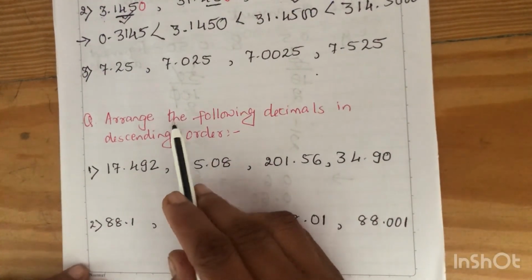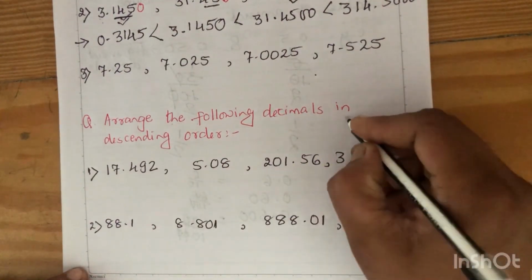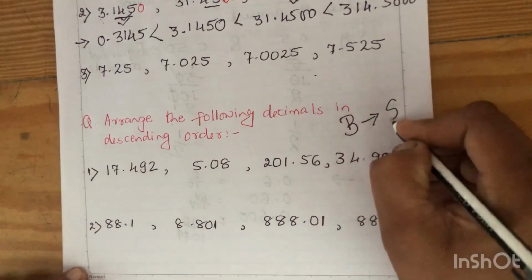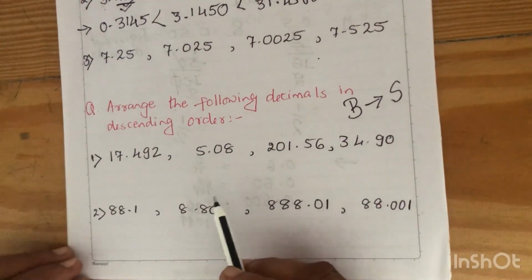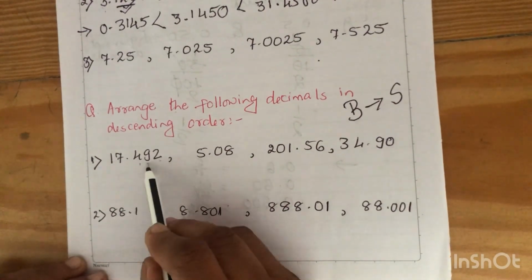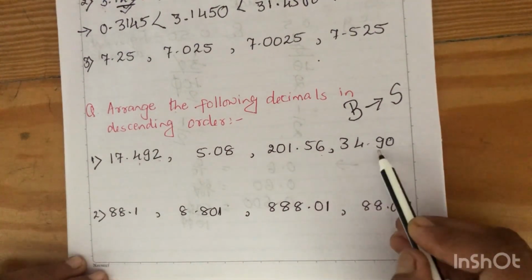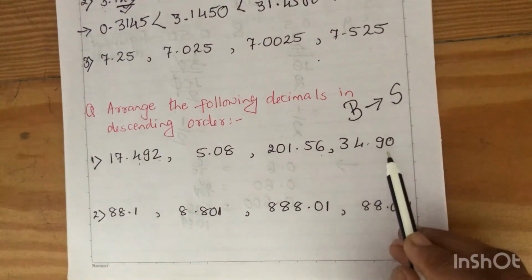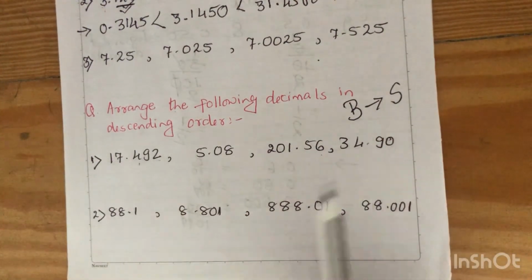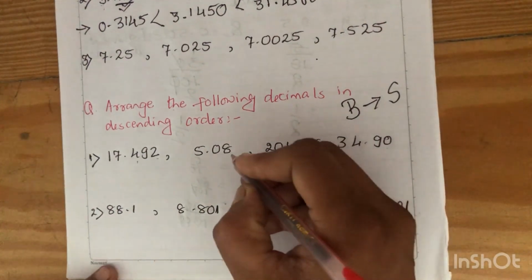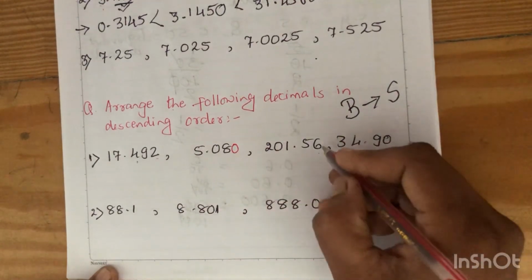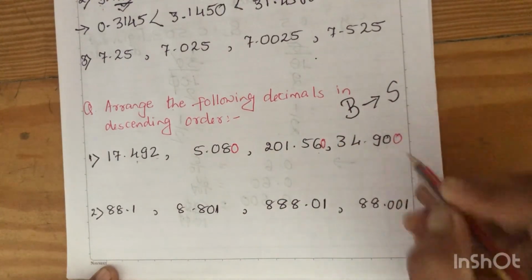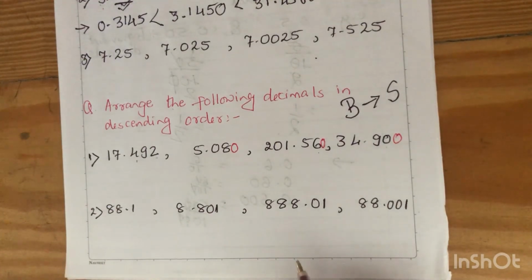Now see the next question here. You have to arrange the decimals in descending order. Descending order, that is big to small. Right? So again the same way we are going to proceed. So count the number of decimal places. It's 3 here, it's 2 here, it's 2 here, it's 2 here. Which is the maximum number of decimal places? 3. So we will make everywhere decimal place 3 by adding zeros at the end. So here I need to add 1 0, here I need to add 1 0, here I need to add 1 0, right?